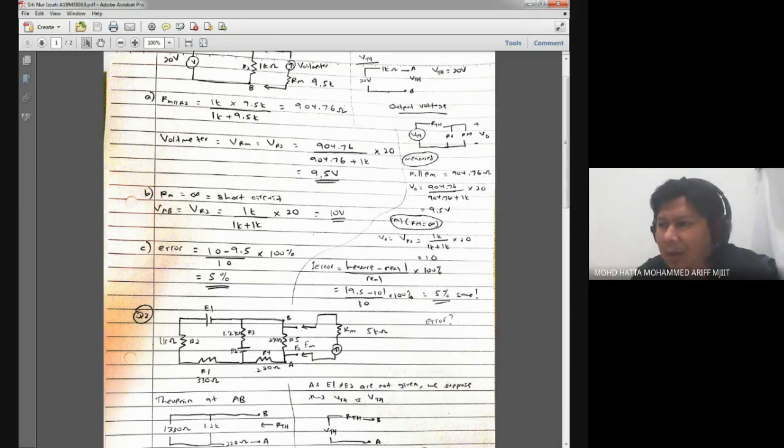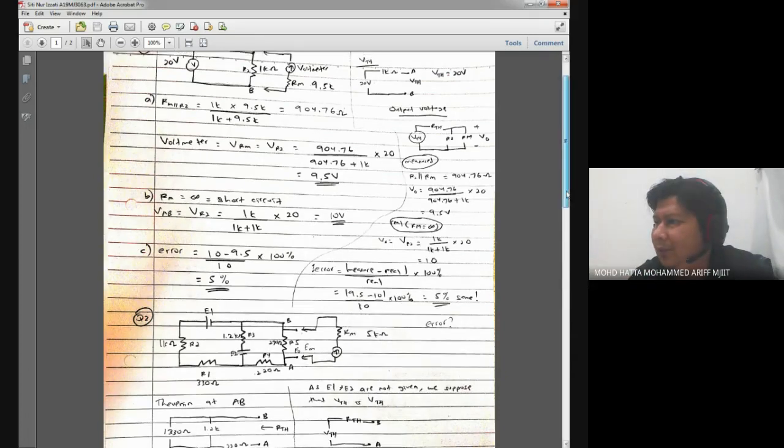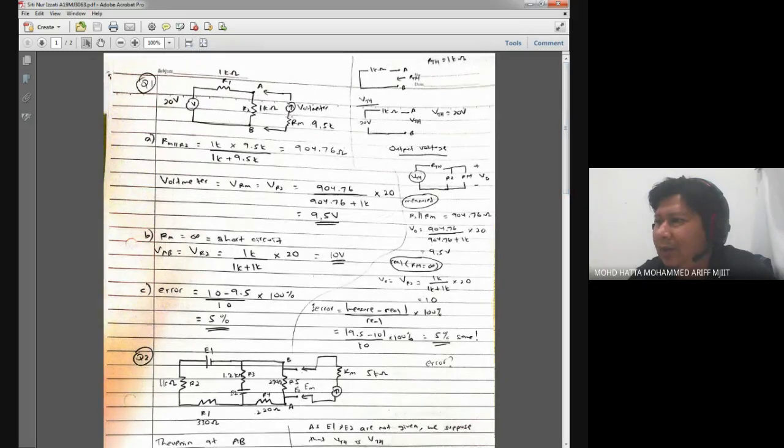Okay. Part of your answer is correct, but if you consider RM as a short circuit, that is wrong, because remember that infinity means that the value is very high. So what happens if the value over here is very high? What would happen? For example, if you have, like, let's see,